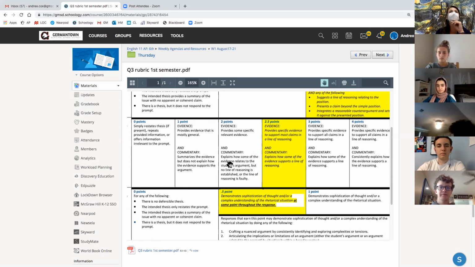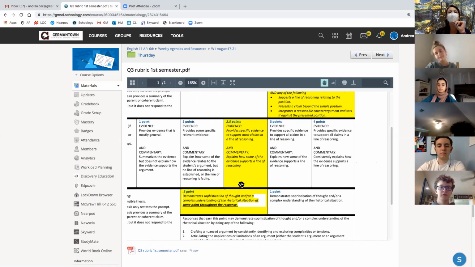A 2 is when you have some specific evidence, but it's not all specific. And then when you get to the commentary, even less of that evidence is connected to the claim, right? 2.5, I had a lot of 2.5s in the middle, honestly. You provided specific evidence for most of the claims, and some of that evidence was supportive of a line of reasoning. So notice how the words change. We go from general to specific to most claims are specific, and then if you look at 3, all claims are specific,